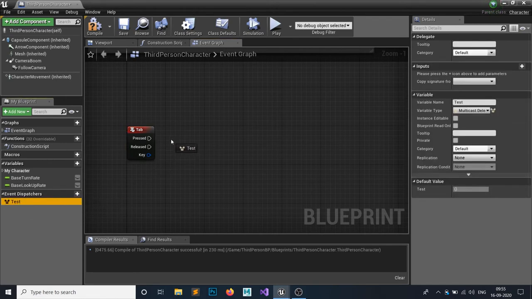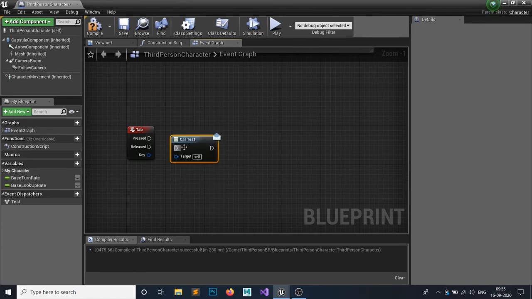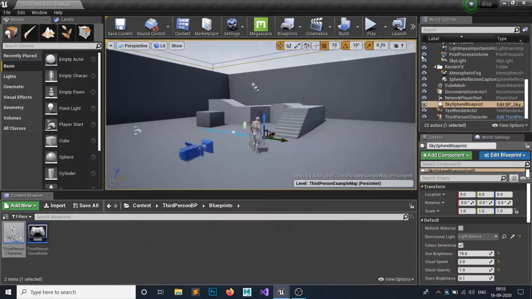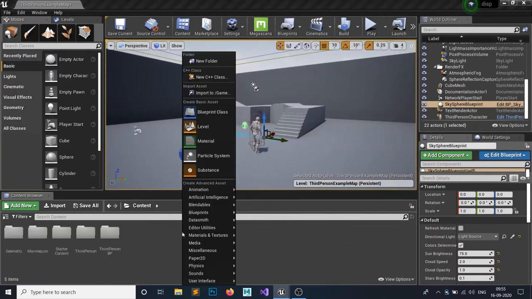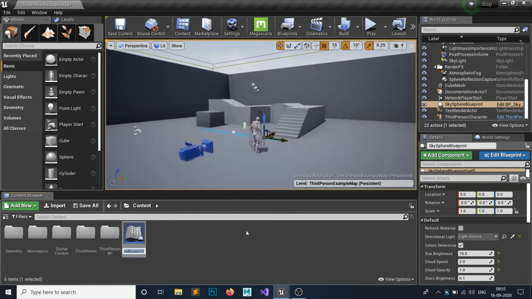If you drag and drop, you're going to see certain things you can do with your event test. I want to call it, so this will call it. And let's use it in a second blueprint. So make another blueprint, and I'm going to call it a test object.